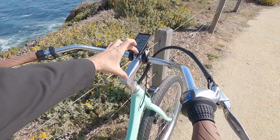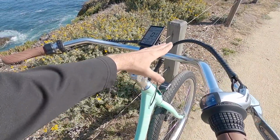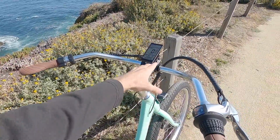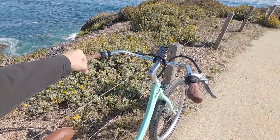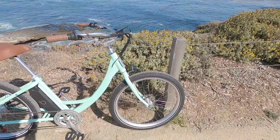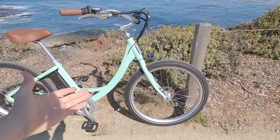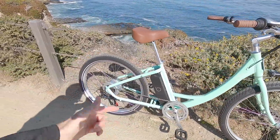The stock stem is going to be about 90 millimeters, but it's highly adjustable, 90 degrees. So you can go kind of straight out or straight up. And then this riser, really wide back-swept handlebar, it gives you some vibration dampening. There's no suspension fork on this bike, but that helps it to stay a little bit lighter weight and maybe more affordable. $1,599 for this, which to me that's a great price, especially considering the 48-volt battery pack and the